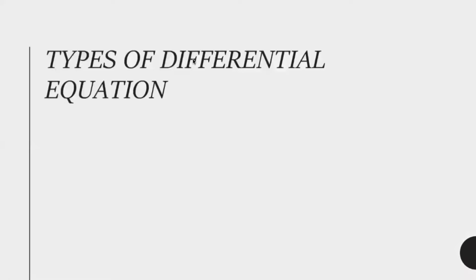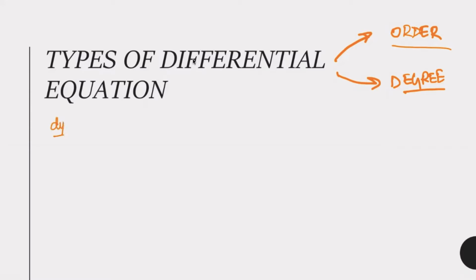Okay, now let's consider the types of differential equation. Now we can segregate differential equations in two ways. One is on the basis of order. Second is on the basis of degree. Well, degree is not part of our syllabus, so we'll be only discussing order. Let's suppose we have a differential equation, dy by dx equals ln x plus 5. Now, we can see that there is a single derivative over here, that is dy by dx. So we'll say this is a first order